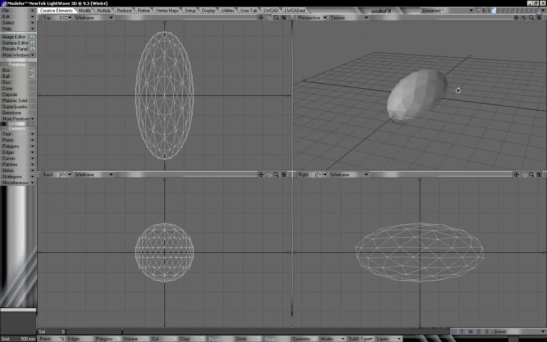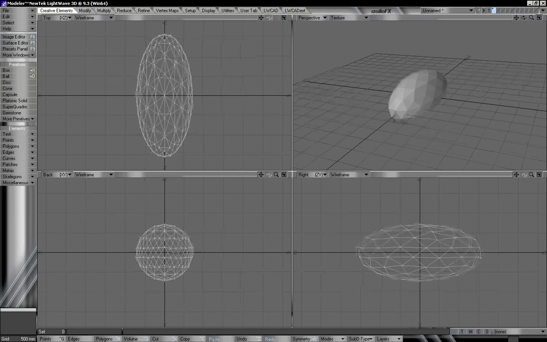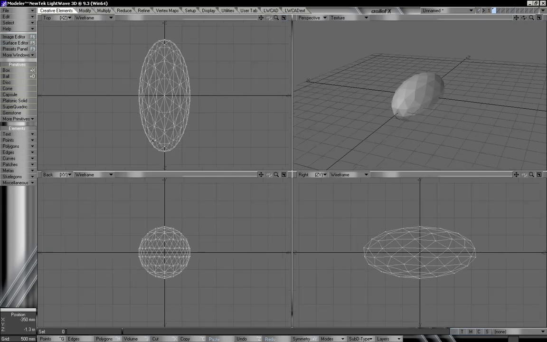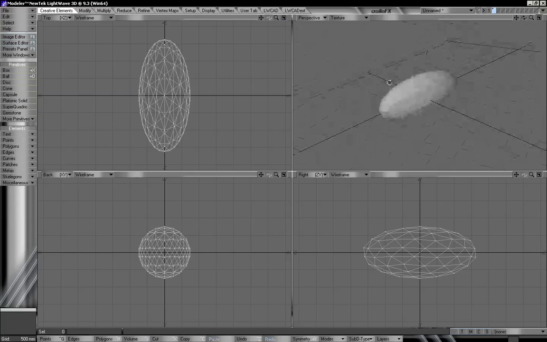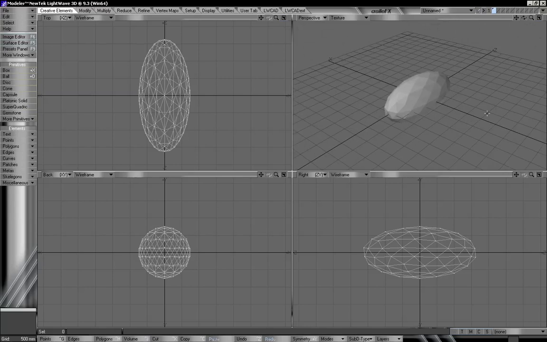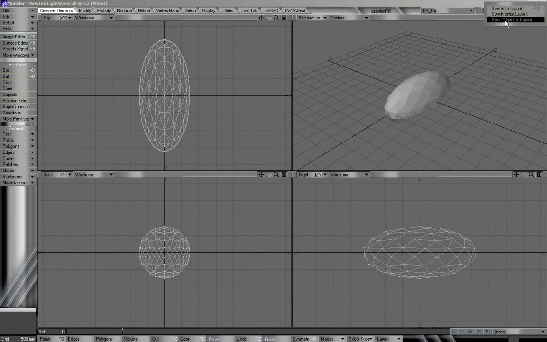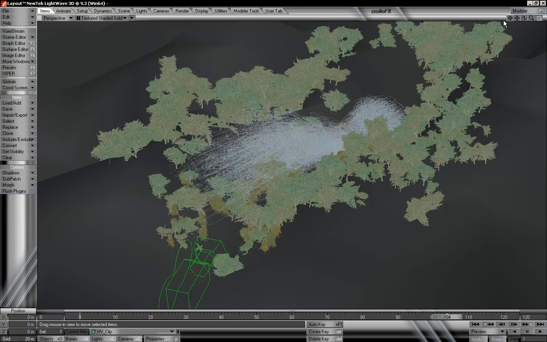So what I'm going to do is save this object out. We also want to make sure in this case that we're facing basically along the z-axis in our overall stretching, and you'll see why that's important once we get this over into layout. So now we can go up to the upper right and select Send Object to Layout, and now once we're in layout,